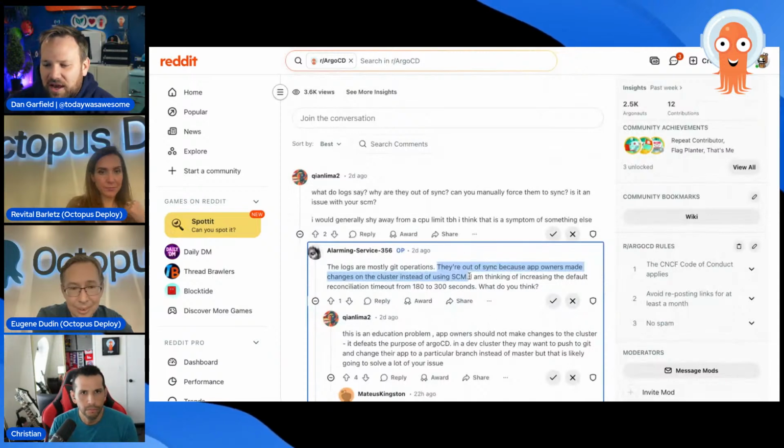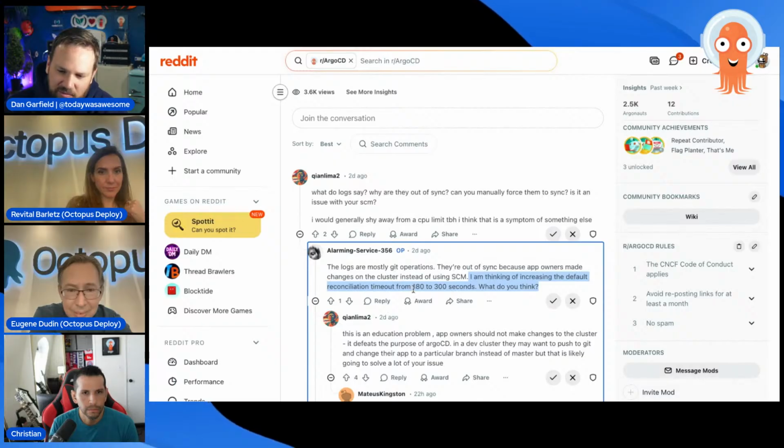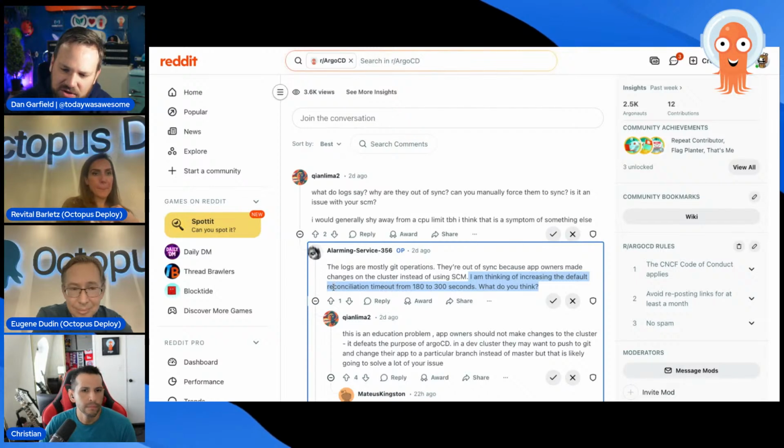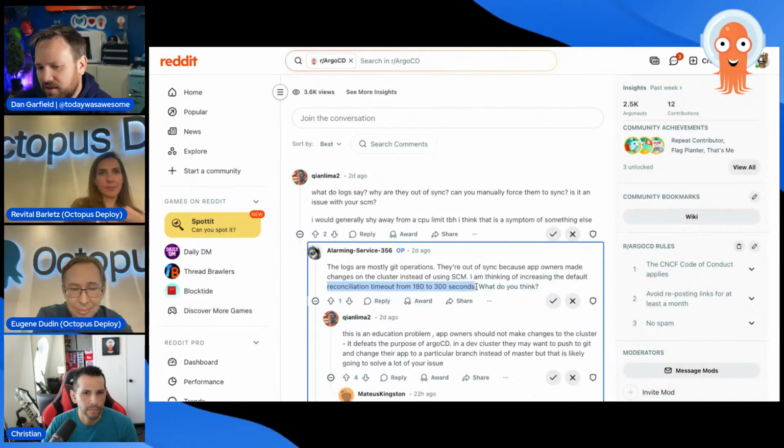The other thing they said in their response is, "I am thinking of increasing the default reconciliation timeout from 180 to 300 seconds. What do you think?" And I thought, if your worker queue depth is so slow that it's not getting everything up to date relatively quickly, so you're seeing these spikes, one of the things we often recommend is to increase your reconciliation timeout to like an hour or even several hours, and then just add in